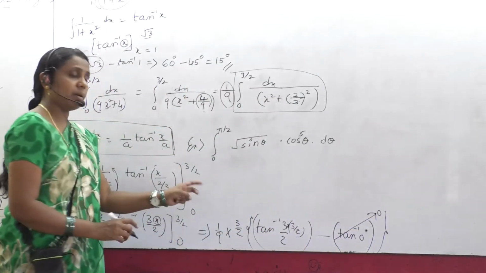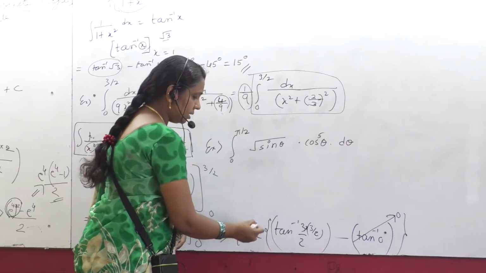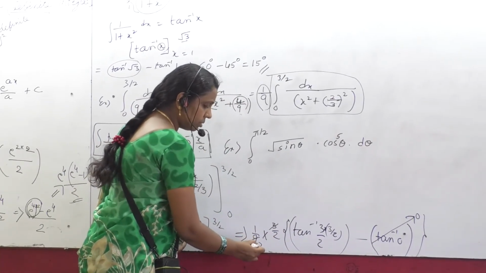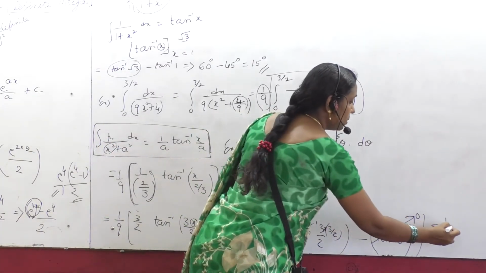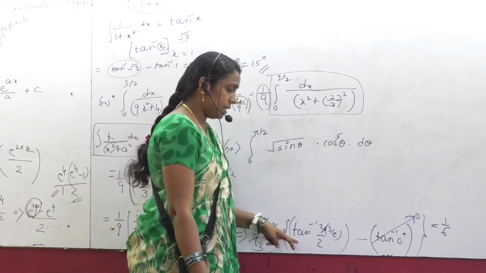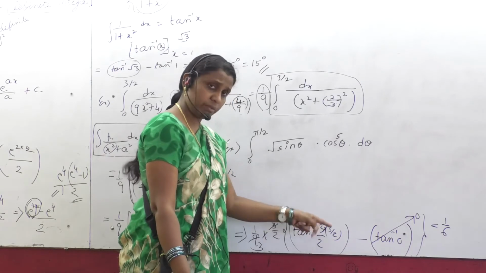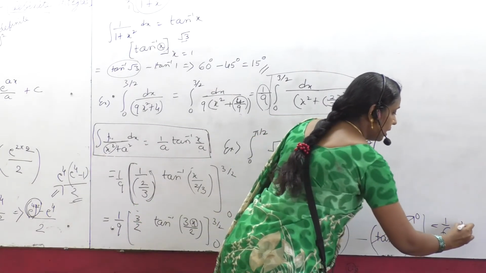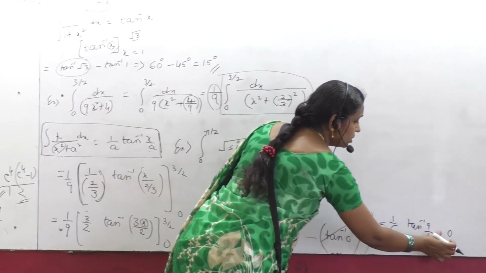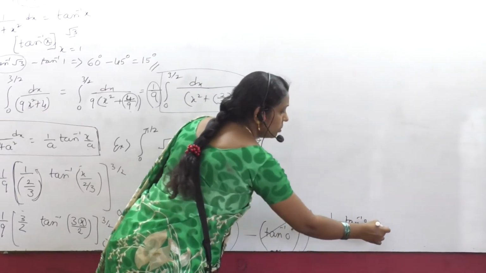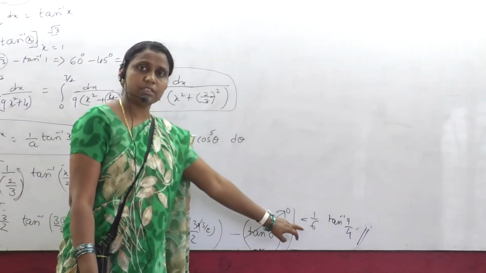In between, minus sign. Upper limit minus lower limit. So what is the answer? Final answer here. So 3 cancels. Here you will be finding 3 3s are 9, 1 by 6. Tan inverse 3 into 3 is 9, 2 by 2 means 3 by 2 it will be. So 9 by 4 you will get. Tan inverse 9 by 4 minus 0. So this we will discard and we will be terminating our answer at this step. This is the final answer.